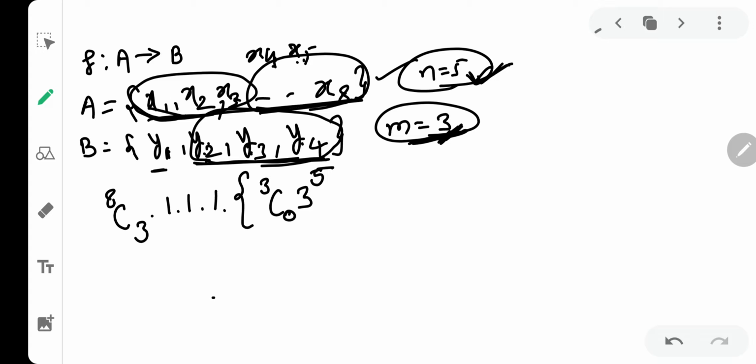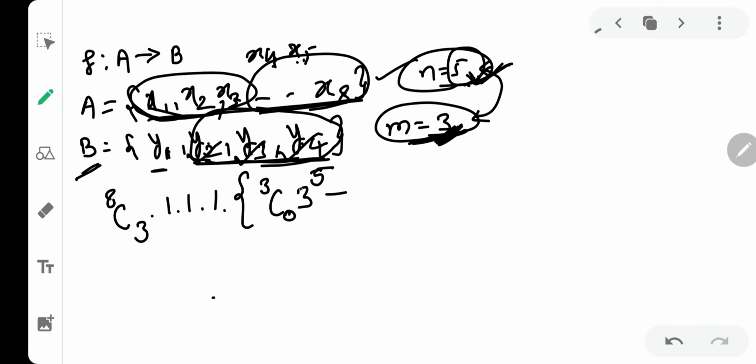But in doing that, sometimes what happens is that y3 might remain or y4 might remain or y2 might remain. There is one of the possibilities in which x4, x5, x6, x7, x8 all can be mapped to only y2 and y3, y4 will remain. Now if 2 elements from the codomain set which is B remain, then that won't be an onto function. So here I am going to tell you the trick of forming an onto function. Okay, the trick is n and m values should be known to you. First of all, you see m and then raise it to the power of n. Then by using the principle of inclusion exclusion, you can proceed with it.